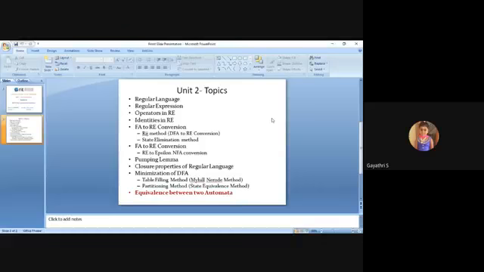So k equal to 2 is the last case for the number of states equal to 2. In the last case, only one regular expression is enough to calculate. Anyone, please reply in the chat box. If the number of states equals 2, what is the k value in the RIJ method? The k value starts from 0, 1, 2. So k equal to 2 is the last part, and in the last part only one thing is enough to calculate. What is it? Kindly post in the chat box.